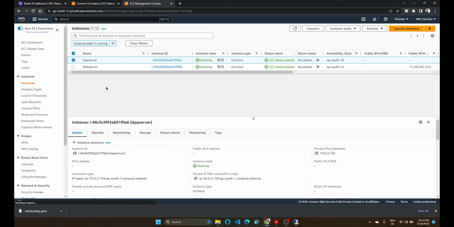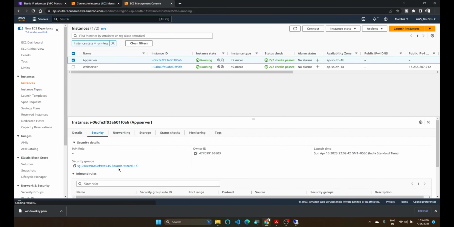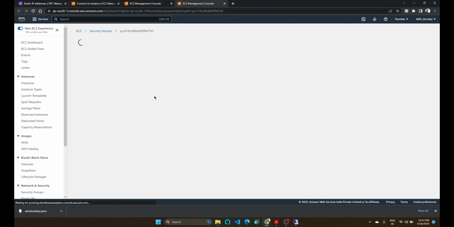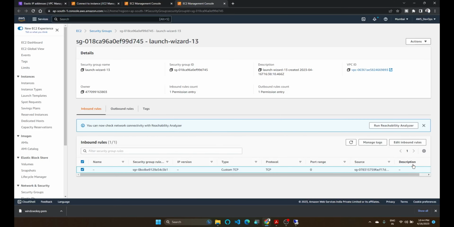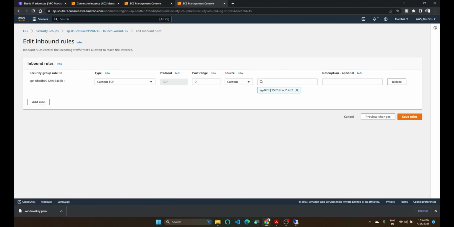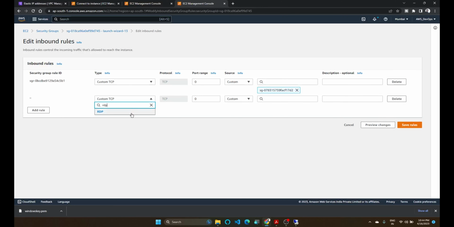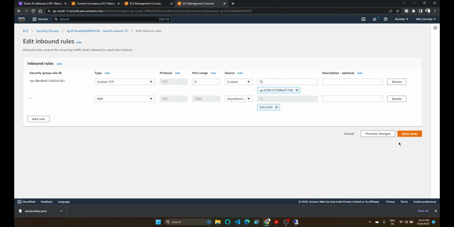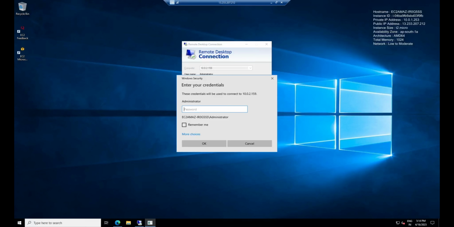So maybe the problem is with the security group. Let me check the security group. Go to the security group. In our private subnet security group, we can see that we have only allowed our public subnet security group. Here I forgot to add the RDP. So let's add RDP once again and check. Okay, we are able to connect with